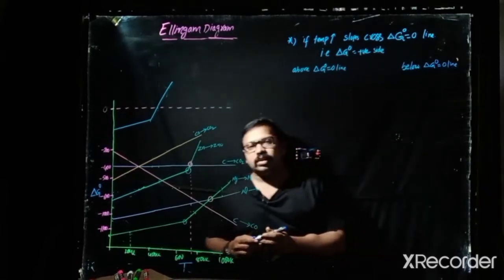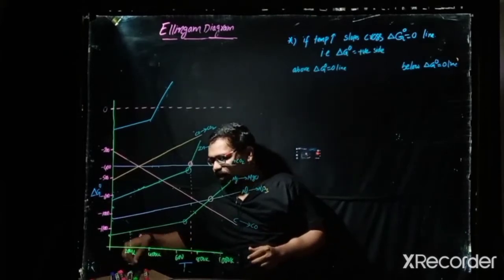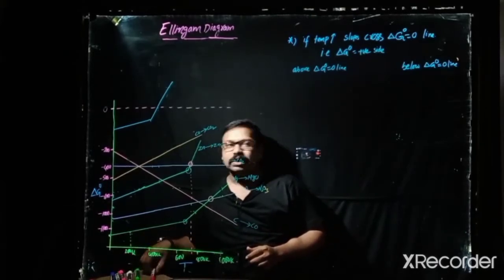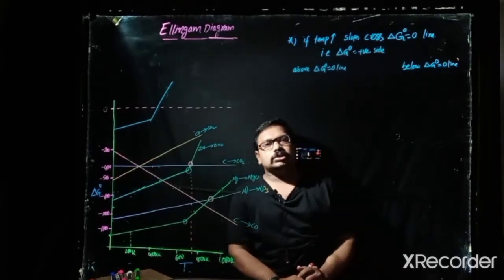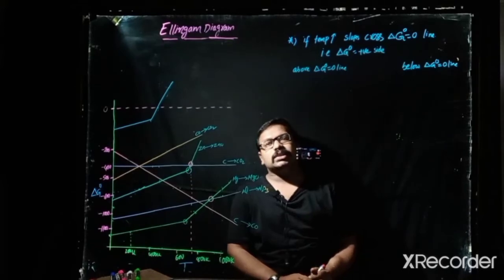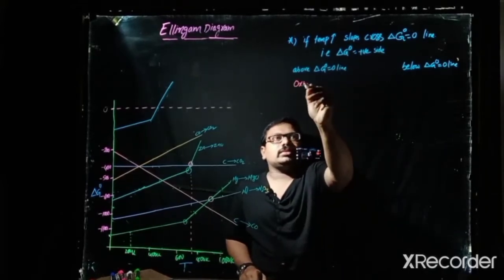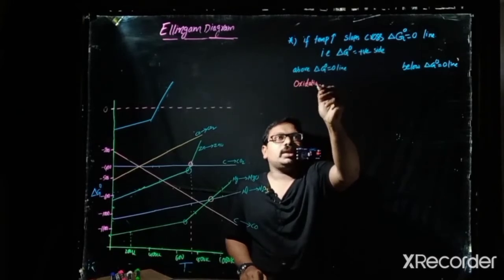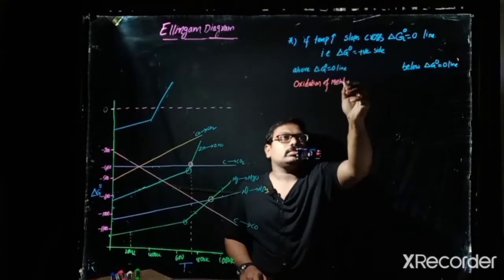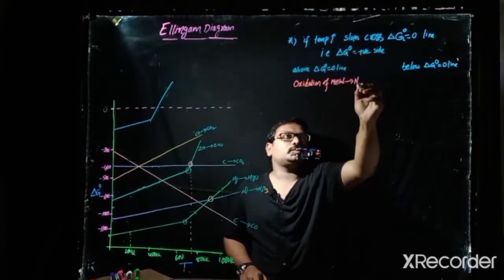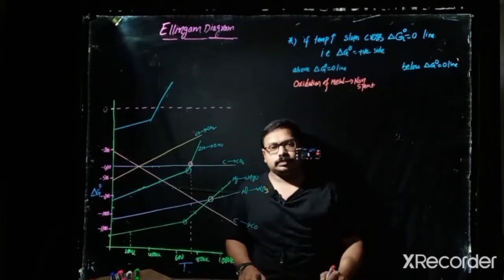So what is the difference between these two conditions? Above the delta G naught equal to 0 line, we understand that the oxidation of metal is non-spontaneous. That is what we are saying, non-spontaneous.